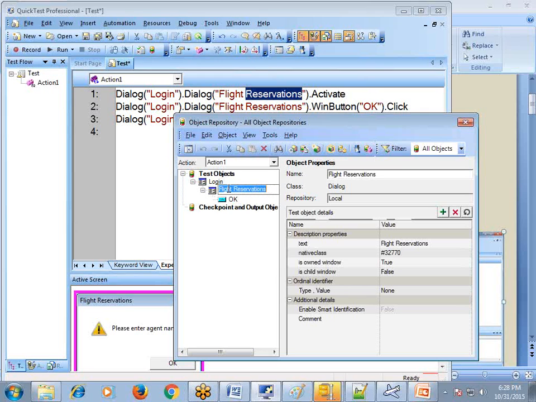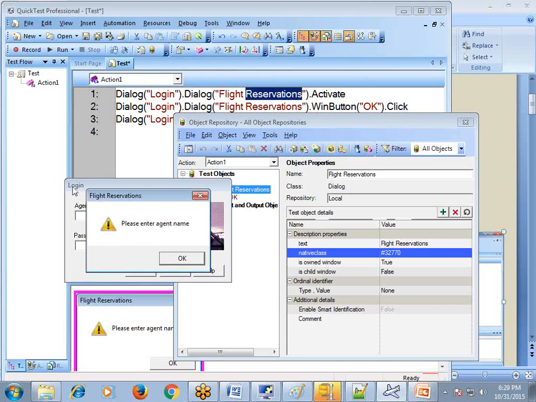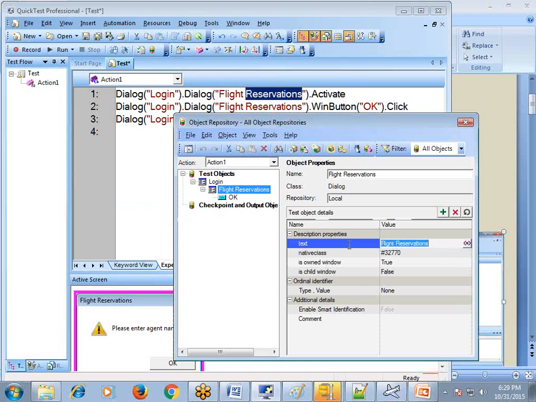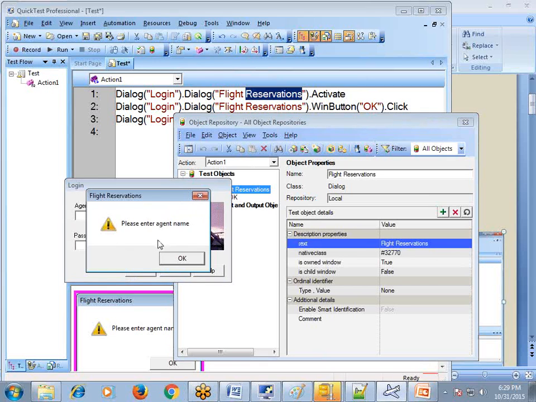So once this object is identified, again it will fetch the corresponding object description from the repository file. And once it has taken this description, now it will search inside the login dialog box, not inside the desktop, because it is searching for the child object, not for the parent object. Is there any child dialog with the text flight reservations, with this native class? Is there any dialog inside the login dialog box? Inside this login dialog box, there is one other dialog box which is open with the text as